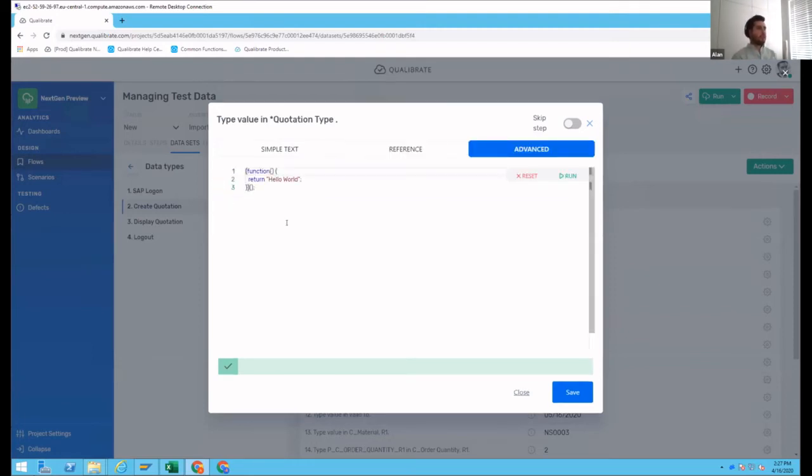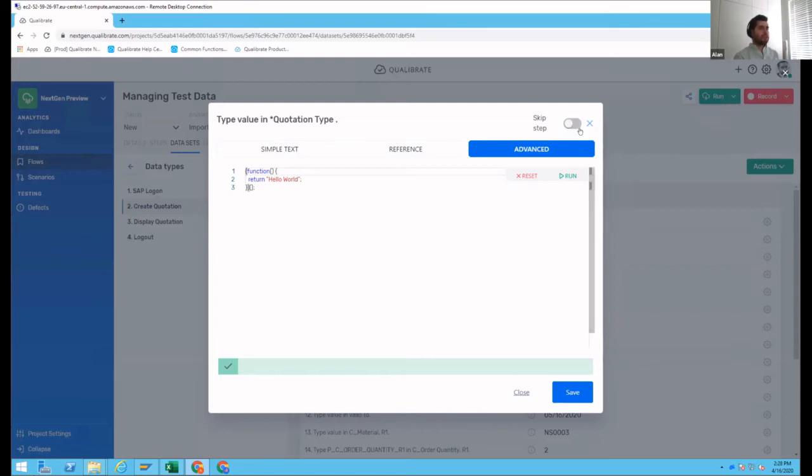but it really means that you can reference other values in the dataset itself. And we have the concept of advanced values, which gives you the ability to introduce really advanced logic to generate data. We support JavaScript as a scripting, let's say, language. So you are able to generate whatever you want. We give you the power of JavaScript to generate literally any type of data that you might be interested in.